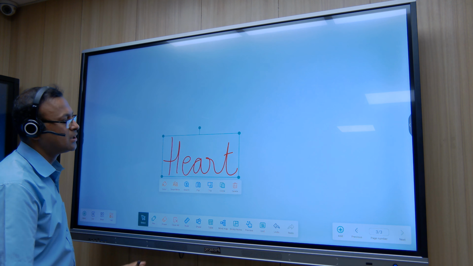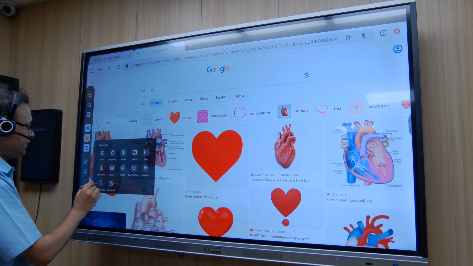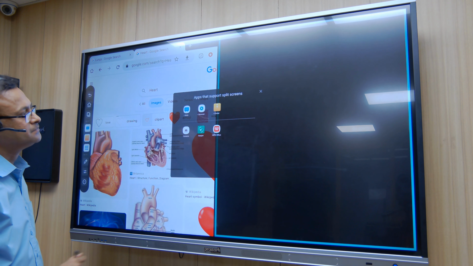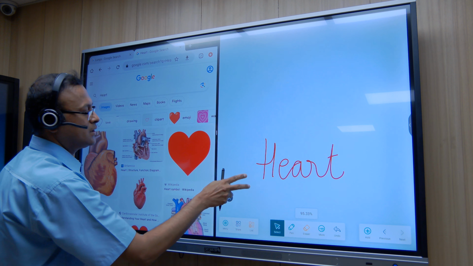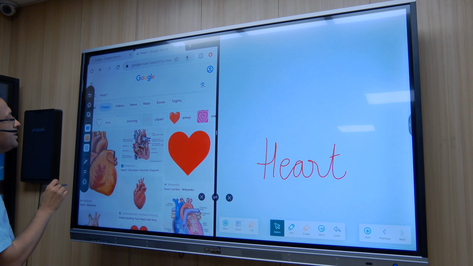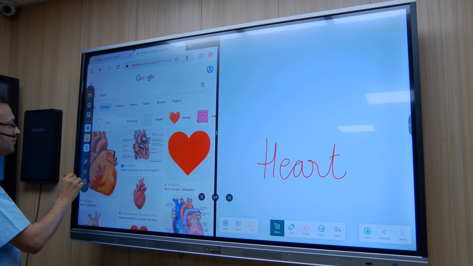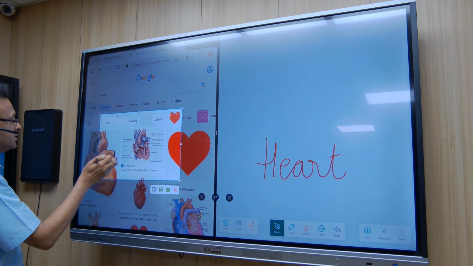And we come down to images. We open our whiteboard and we split the screen. We can bring this word here, heart, and then we can select, suppose we selected this diagram. What we need to do is we need to crop this, bring it here,